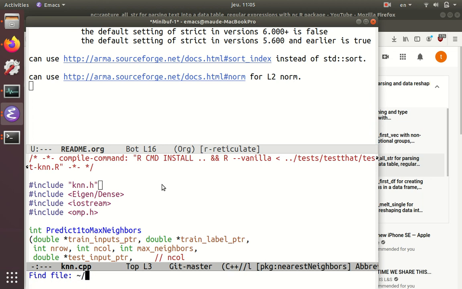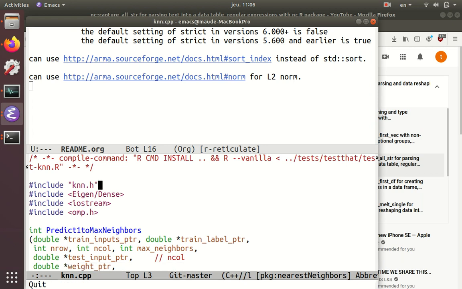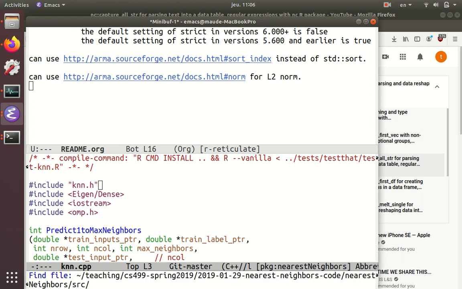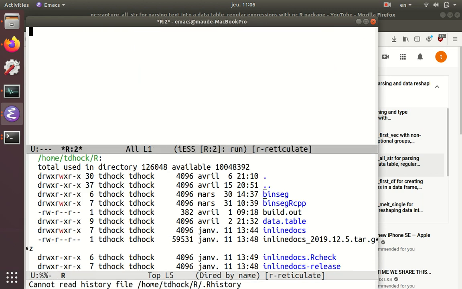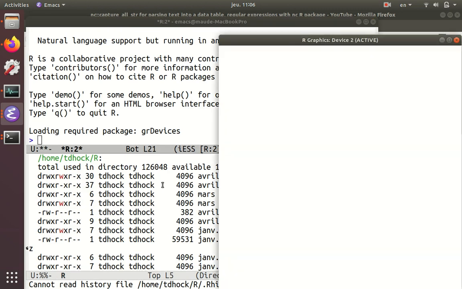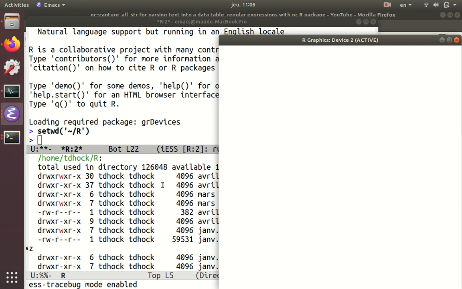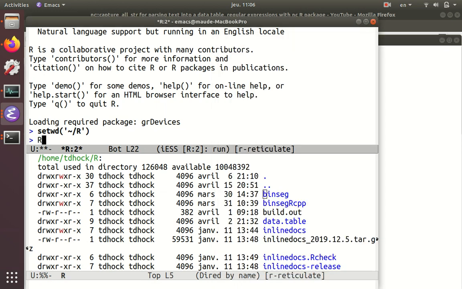So first thing I'm going to do in my Emacs, I'm going to be opening up a new R package folder. Well, actually, let me first start R in the R directory. I usually put all my R packages in the R directory in my home directory. Then I'm going to do